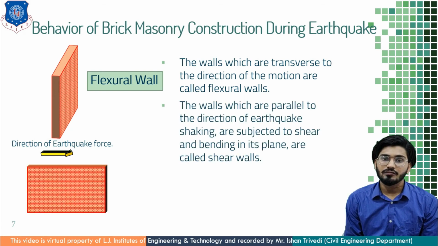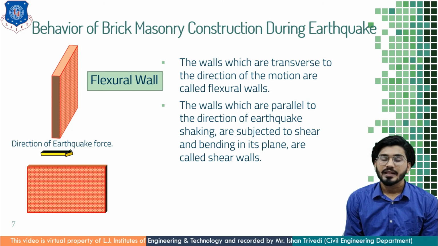Next is the wall which is parallel to the direction of earthquake shaking and is subjected to shear and bending in its own plane. Understand? The shear and bending in its own plane. In a flexural wall, the entire wall collapses, so its plane has changed. Earlier it was standing and now it has overturned, and that's why the axis of that wall has changed, and that's why it is called a flexural wall, or you can say weak wall. And the next